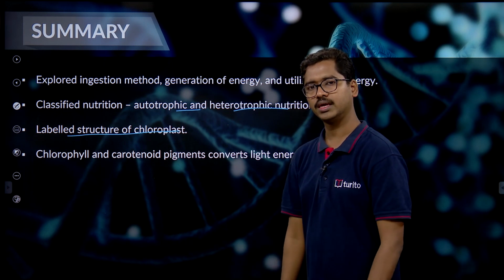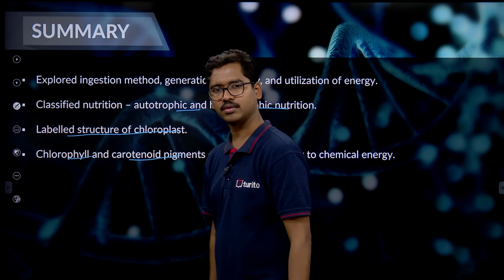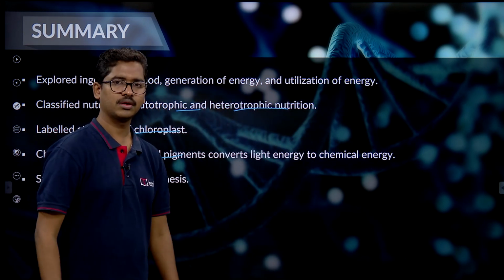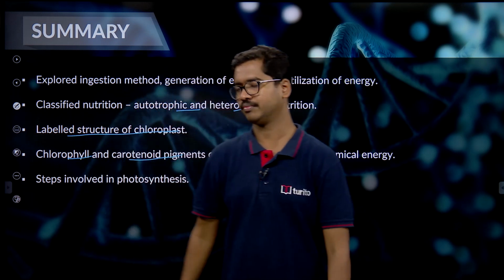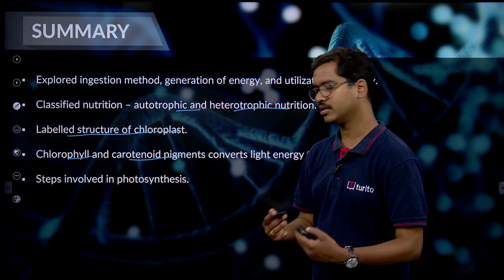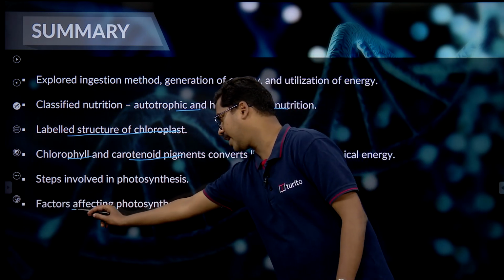We looked at the different pigments of the plant, chlorophyll and carotenoid pigments, which help in trapping light for photosynthesis and convert it into chemical energy. We looked into the steps involved in photosynthesis, following which we just completed the factors affecting the